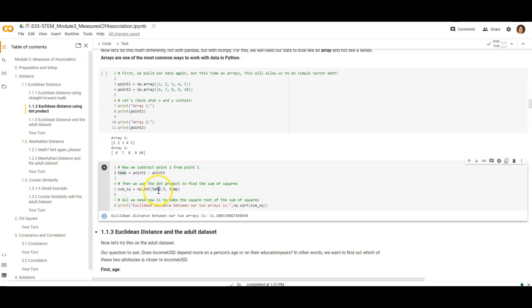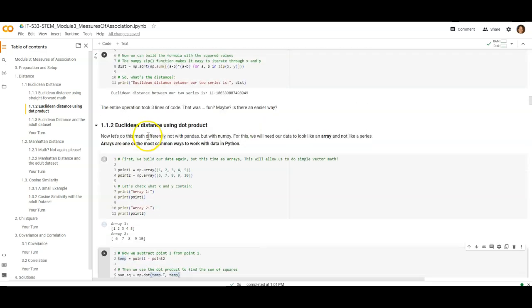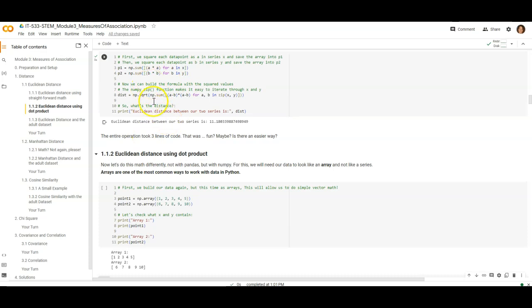And we're going to cycle through our temp lineup between point 1 minus point 2, and we're going to apply this to each of the rows in our temp variable. That gives us the Euclidean distance between our two arrays,